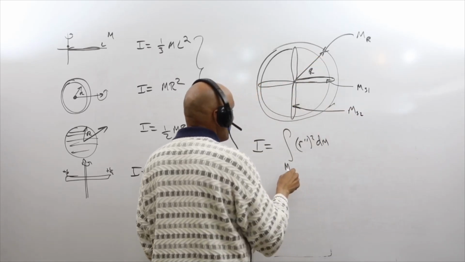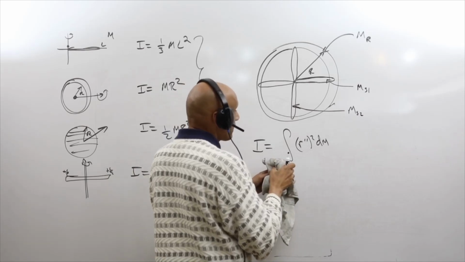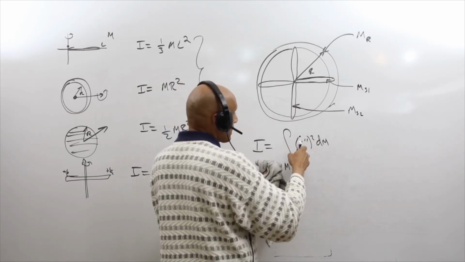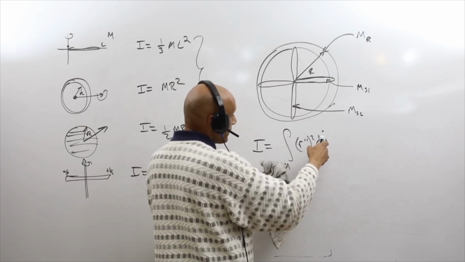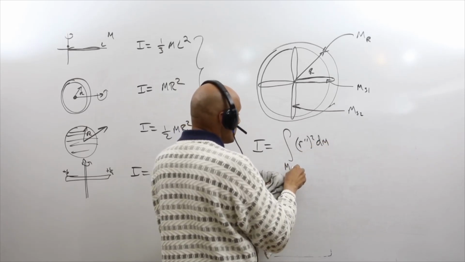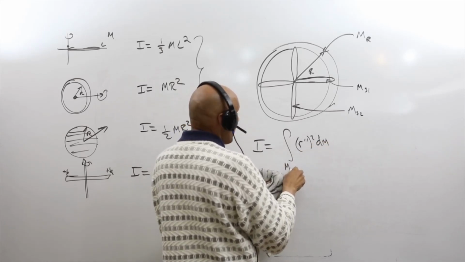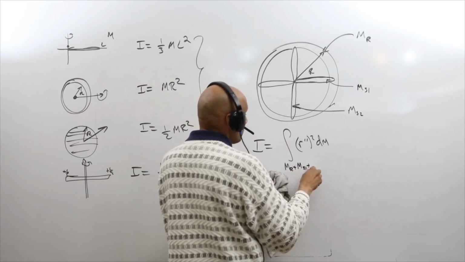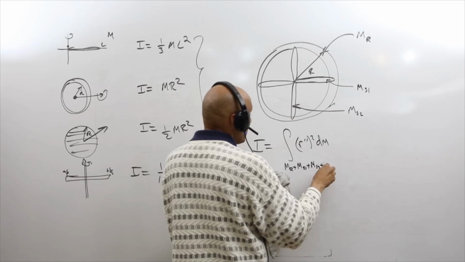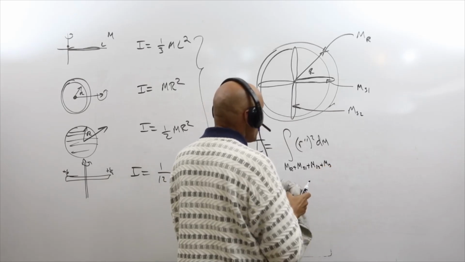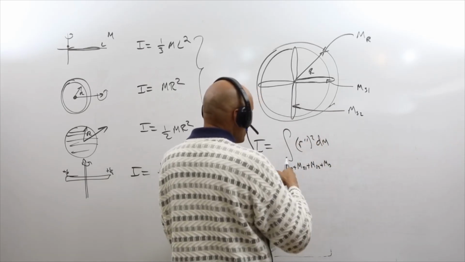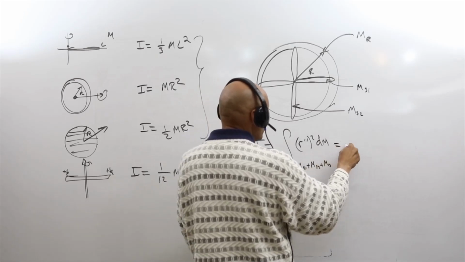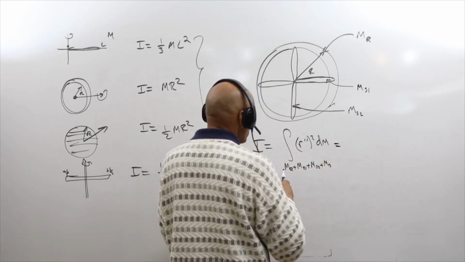A lot of times when you do these calculations, writing this is really strenuous. I know it's only a couple of characters, but you really want to say you're integrating m over the mass of the ring and ms1 plus ms2 plus ms3. Sometimes we don't really care about the integrand. We really want to say that it's the sum of 4 integrals,